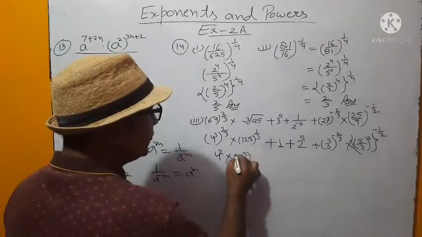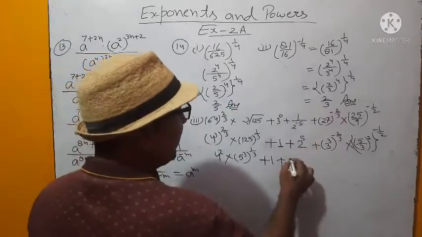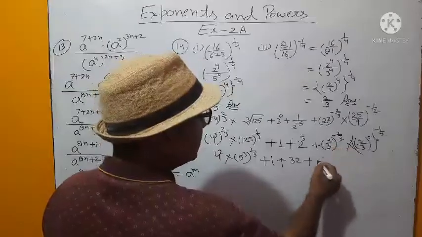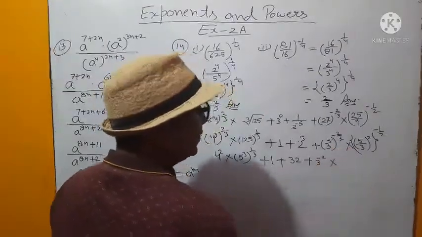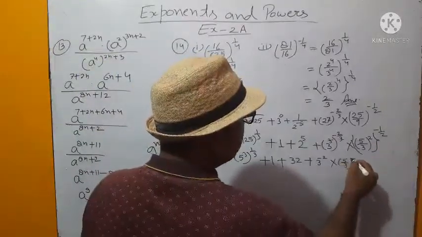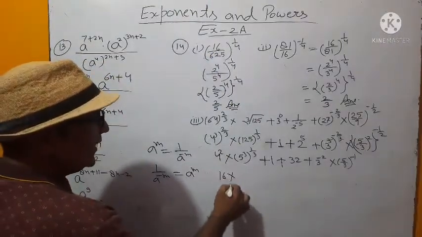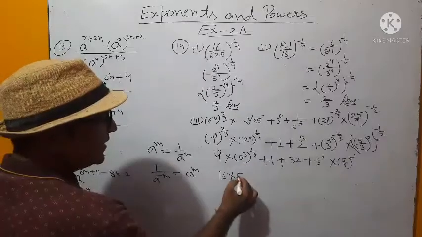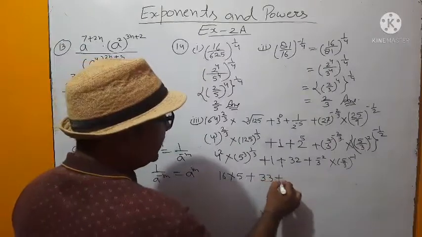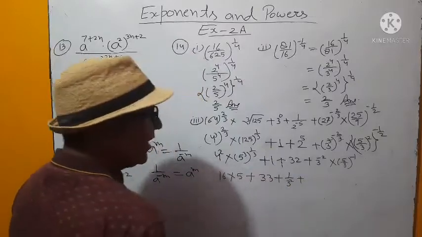125 is 5 to the power 3, plus 1, plus 2 to the power 5 is 32, plus 3 and 3 are cancelling. 3 power minus 2 into 2, and 2 and 2 are cancelling each other. 5 by 3 to the power minus 1. 4 square is 16 into, 3 and 3 are cancelling each other, 5 is remaining. 32 plus 1, 33, plus 3 to the power minus 2 will be 1 upon 3 power 2